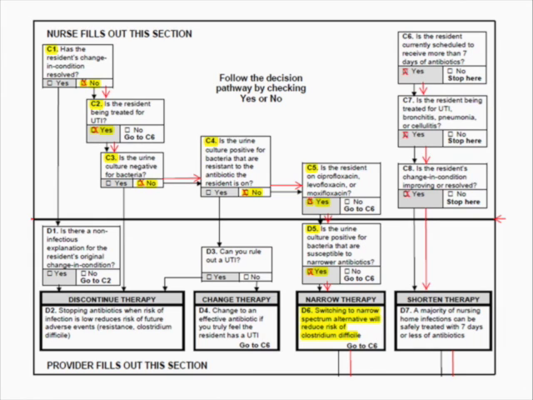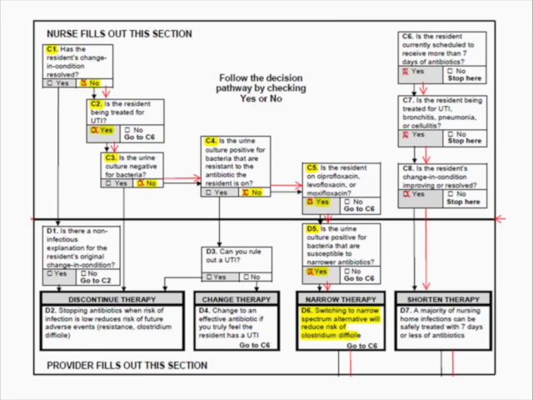Is the urine culture positive for bacteria that are resistant to the antibiotic the resident is on? The bacteria is not resistant to Cipro, so we answer no. That takes us to C5, which asks, is the resident on ciprofloxacin, levofloxacin, or moxifloxacin? In our example, Ms. Leisure was prescribed Cipro, so we check yes. After checking yes, the algorithm instructs us to go to D5 in the Provider Review